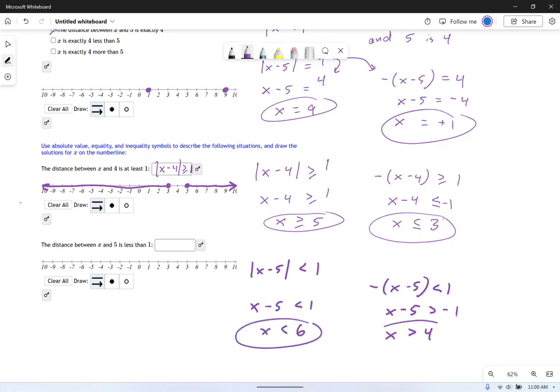So these are my two equations, which I'm going to write on the number line. Notice, however, that it's exclusive inequality. This is less than, greater than, not, or equal to. So these are now going to be open dots. Okay, it's not equal to 4 or 6. It's greater than 4 or less than 6. And I draw that number line like this. So that would be the solution to this particular inequality.